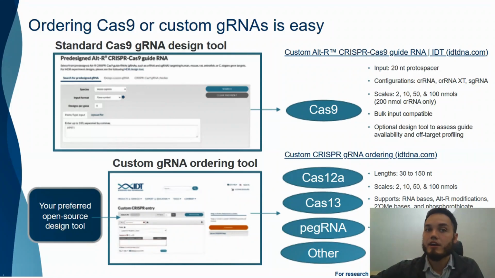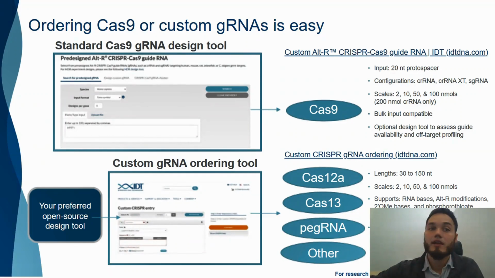For Cas9 guide RNAs with an NGG PAM, we have a full guide RNA design tool that supports most popular genomes and generates both on and off-target scores to help prioritize which guides are best for a desired region. It can then be relatively easily funneled into a lot of our standard two-part or sgRNA products and can be ordered in bulk. However, many people may use custom nucleases or guide RNAs that are highly specialized, like pegRNAs